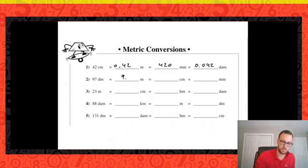97 decimeters is the same thing as 9 7/10 of a meter. So for centimeters, we're looking at 970 centimeters in 9.7 meters. And millimeters, we're moving our decimal place again to the right, 9,700 millimeters. Well done. Well done. Number 3,